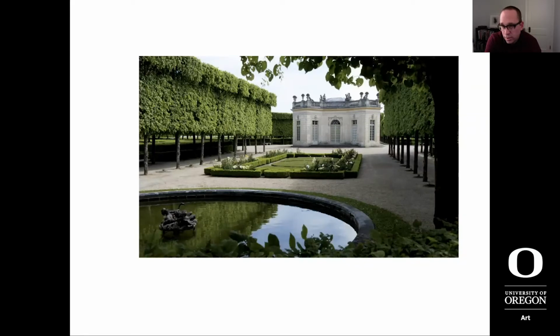And as much as we want to produce even a wildflower garden in our yard, we're producing it in a way that's adjacent to other structures that we've also had planned or organized. And so the garden itself becomes a space which has infinite compositional possibilities. It also looks like nature, but it's not natural.